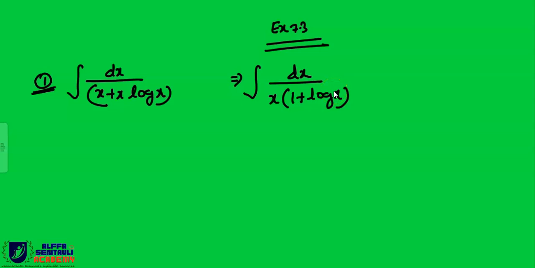From which book are you taking this question? Because in my book, the first question of exercise 7.3 is sine square 2x plus 5. Okay, understood. So this was also a question. I hope you can solve this question. You can assume this 1 plus log x as t. Then you can solve this question, right?